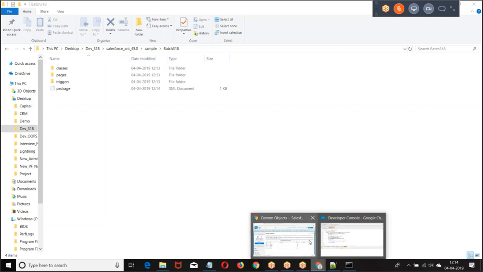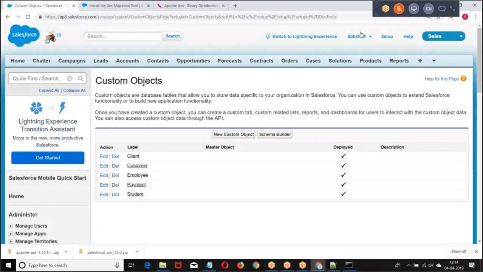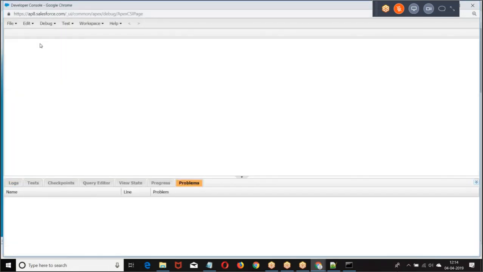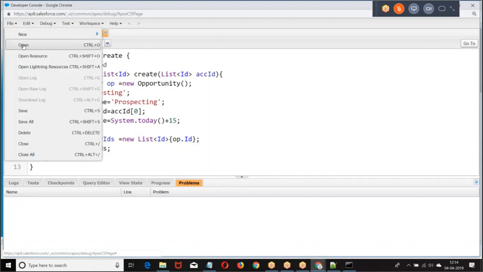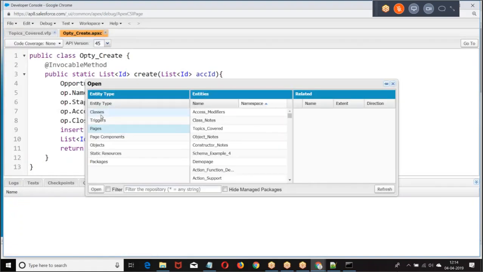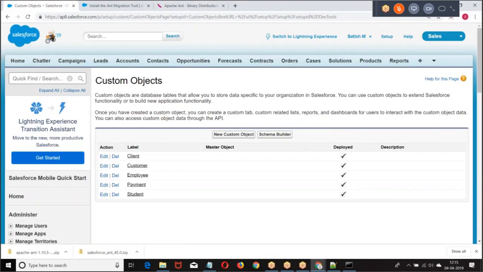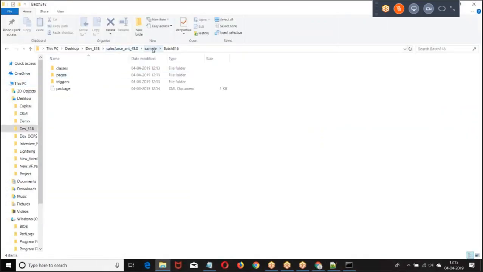How can you deploy? Test example 1, 2. Okay. Now look at the format. What we are supposed to do?